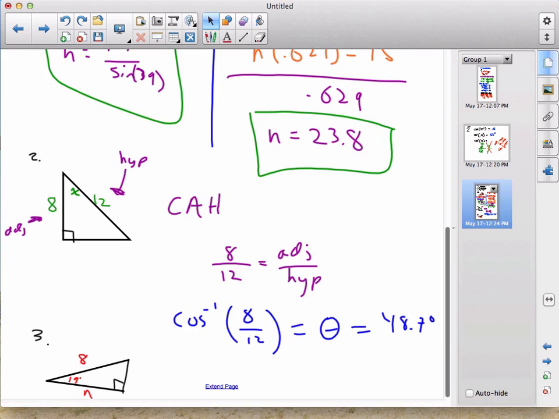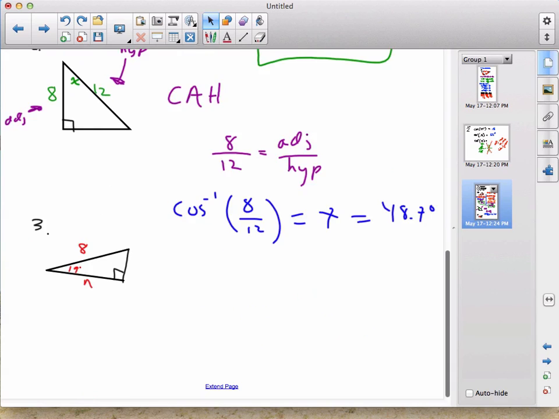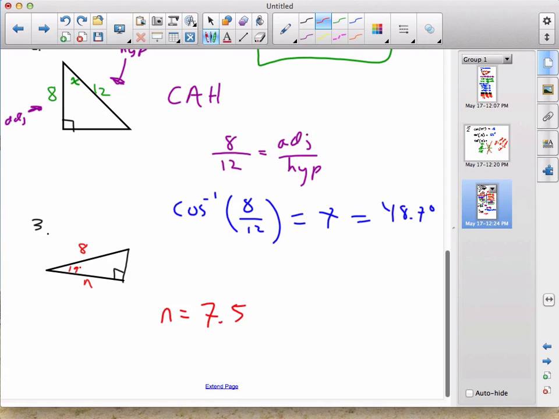Nice. Theta equals, or x equals 48.7. Carlo, nice. Questions on this one? Cool. For number 3, do we need to do it, or do we just want to share the answer? Let's share the answer for n. What do we find on number 3? 7.56. Great. n equals 7.56. Okay, groovy. Totally good. Any questions on trig, our new identities? This weekend, you're going to have an opportunity to